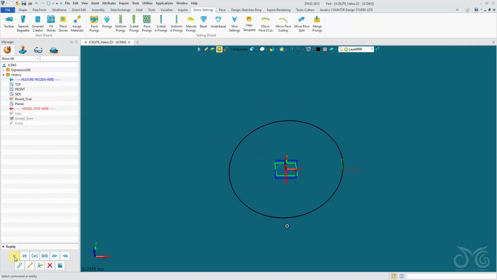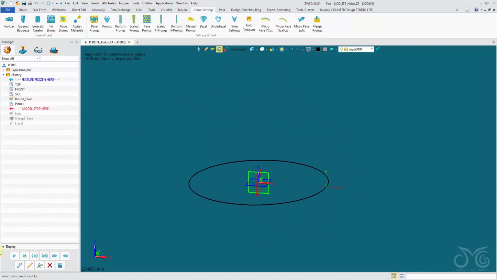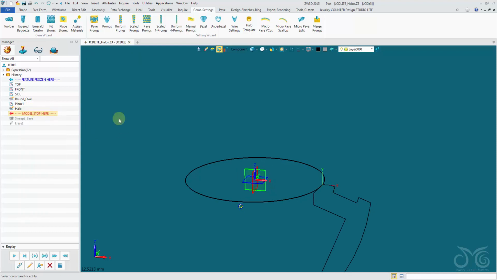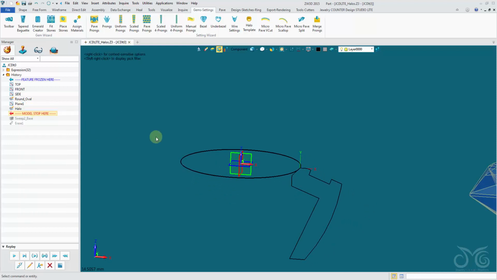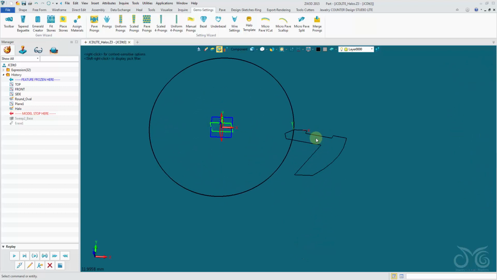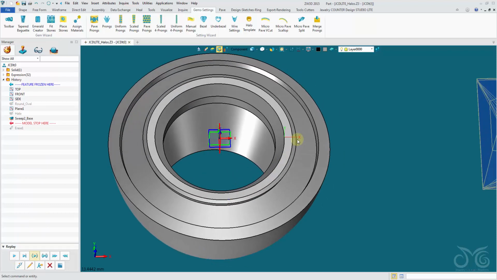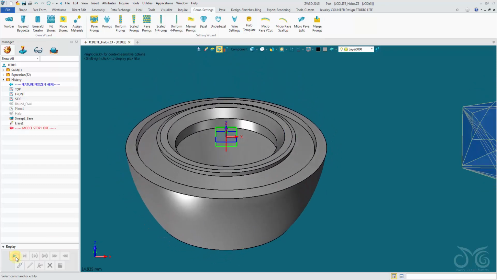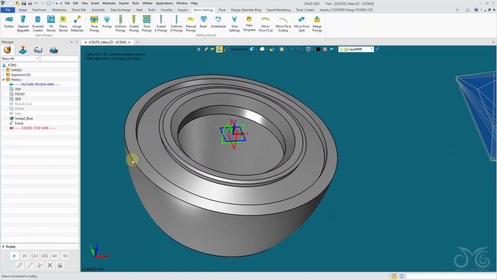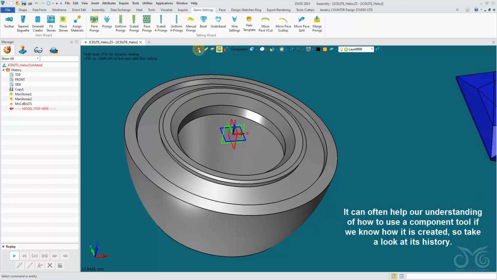We next have a plane coming in here. Then we have something else that's blanked out. Okay, it's the halo sketch. So this is how the halo is constructed. We have a sketch that is then swept around this round circle, like so. Okay, so this is how the halo component is constructed. If we exit back out into our part level,